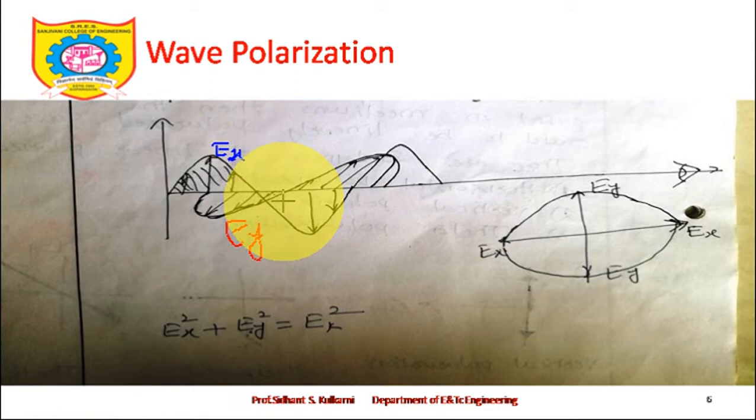The third case is elliptical polarization. In the case of elliptical polarization, Ex is not equal to Ey, that means Ex has either more magnitude than Ey. In that case, to an observer it traces an ellipse. But the 90-degree phase shift condition remains here also, that there should be a 90-degree phase shift between Ex and Ey. And if Ex is not equal to Ey, if they have different amplitudes, it traces an ellipse, and we say that the wave is elliptically polarized.